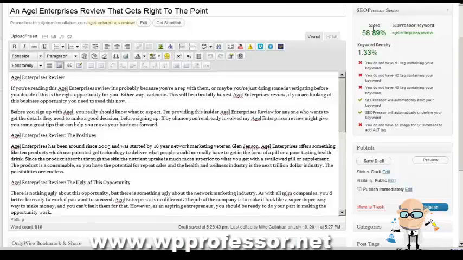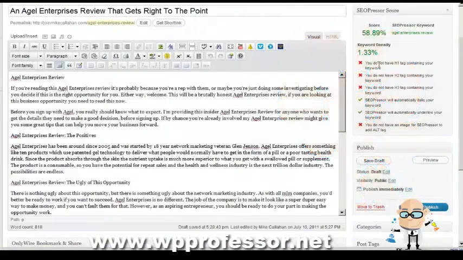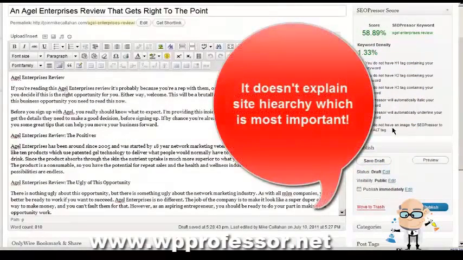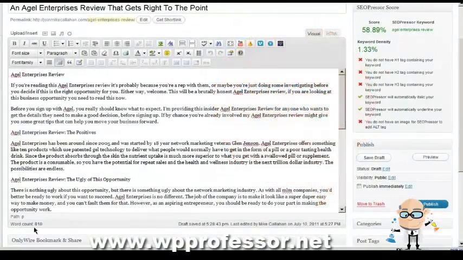So we want to get this to 100, and to do that we're going to have to get this keyword density up to 2 to 3%, but we're also going to have to go through and do all these little things right here. And that's the cool thing about SEO Presser, it tells you everything you need to do to get a better on-page SEO score. So we need H1 tags, H2 tags, H3 tags, and it's telling us to add images for alt tags, which is really simple. So the first thing I'm going to show you guys is that my post is 810 words